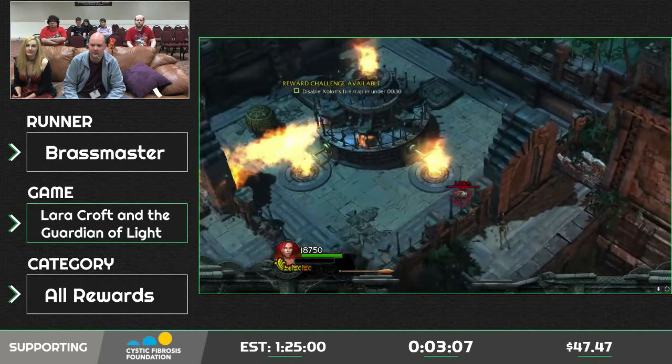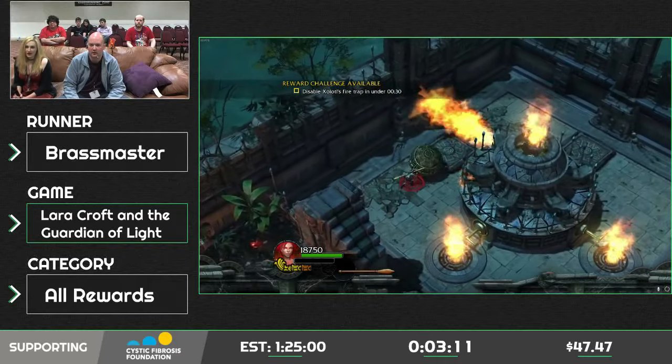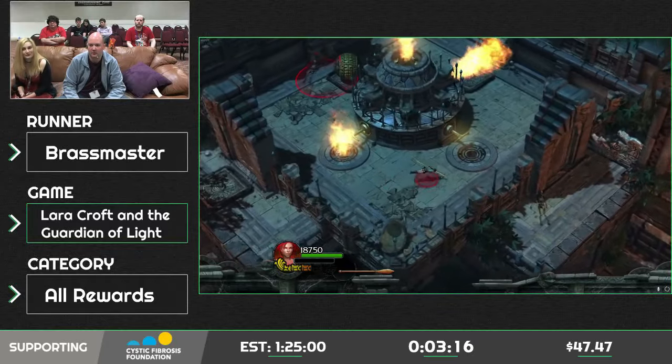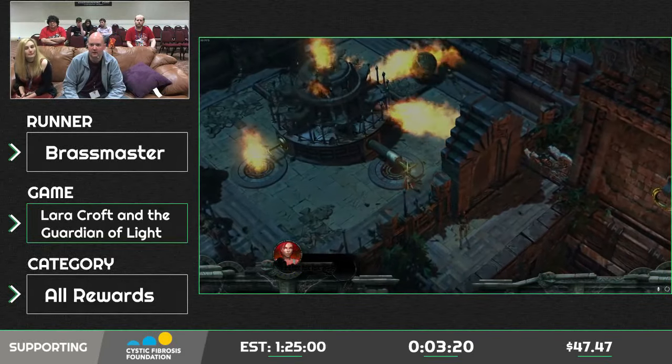So this trap, I need to disable it in 30 seconds. That's really hard to do. So I'm going to put this ball there. I'm going to put a bomb there. What's the bomb for? Well, I'm going to explode it and have it go over and land on...